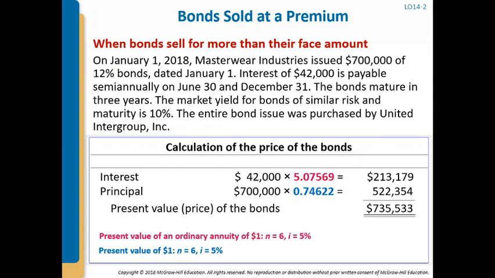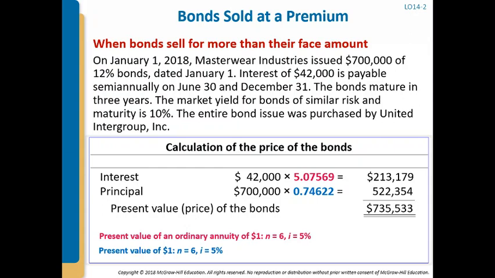And so in this example, the market rate is 10%, and so you're going to discount your interest and principal amount at the market rate of 10%, not the stated rate